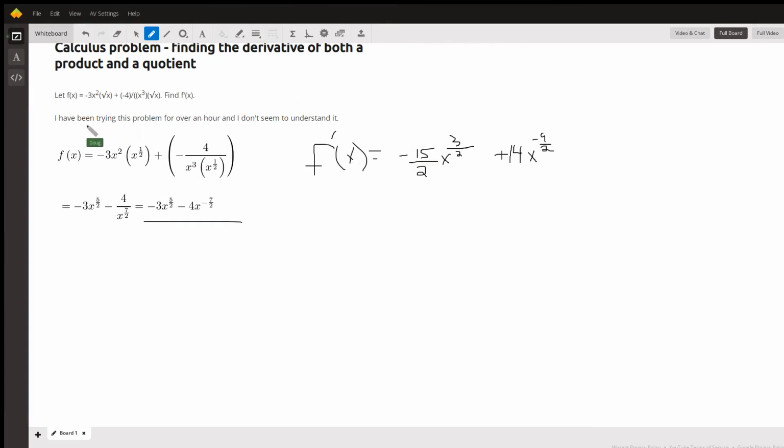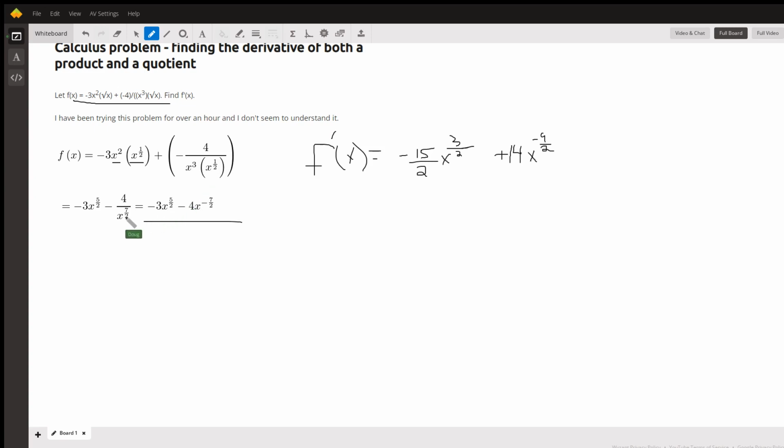Okay, the key to finding the derivative of a function that looks like this is to rewrite it before you start taking derivatives. So if you're taking negative 3x squared times the square root of x, that's the same as negative 3x squared times x to the 1/2. And you can actually multiply these powers together and get an exponent of 2.5 or 5/2. And negative 4 over x cubed times the square root of x is the same as x to the 3 and 1/2,